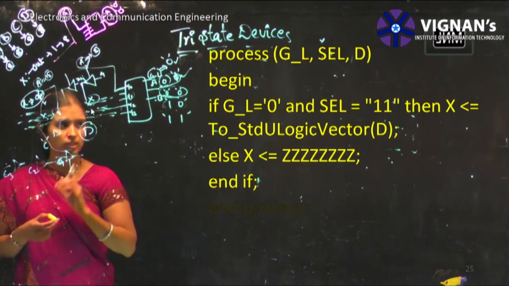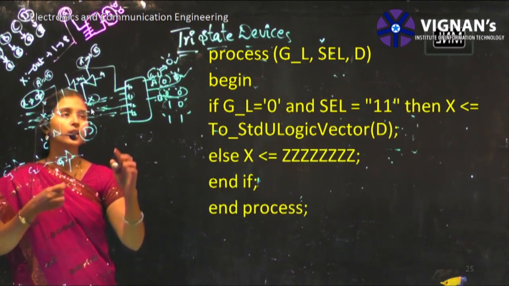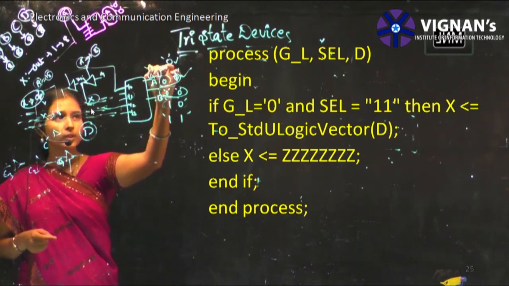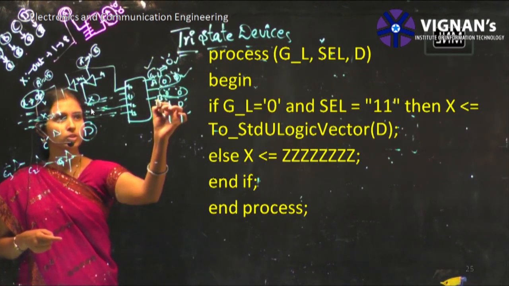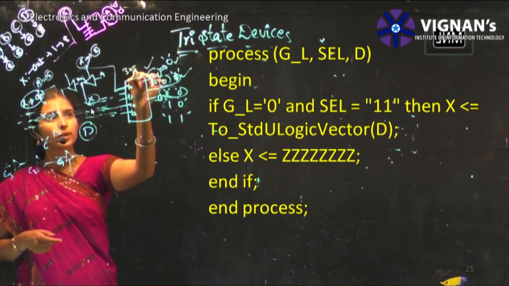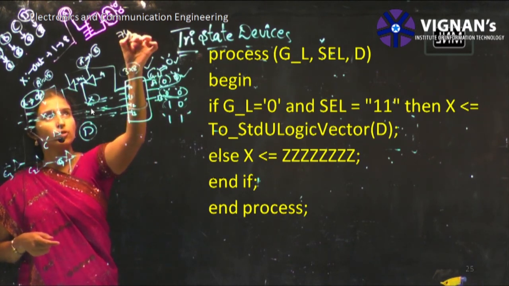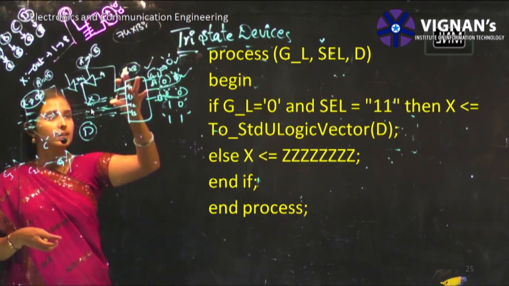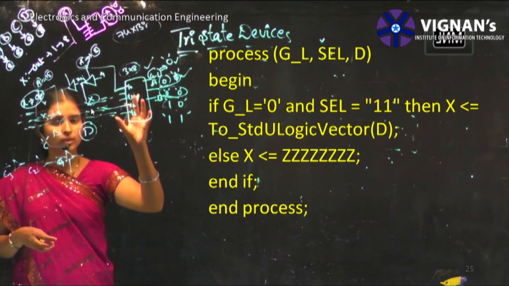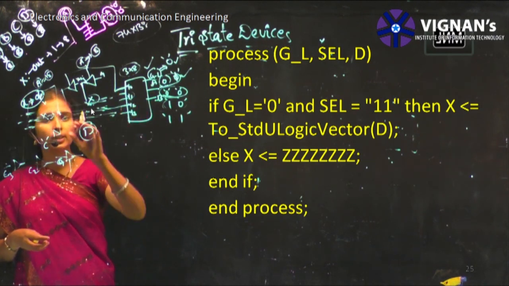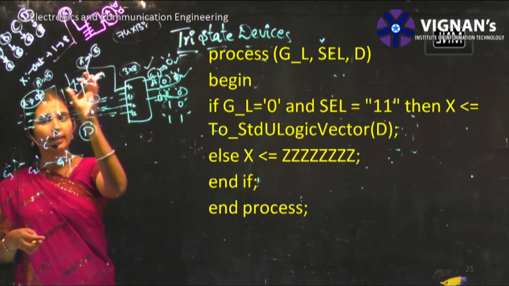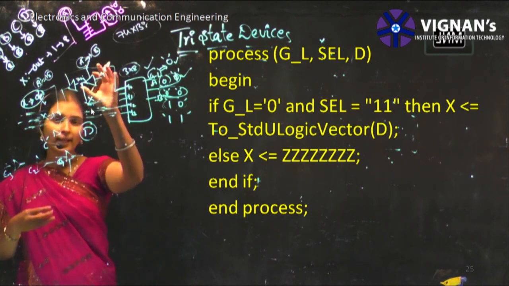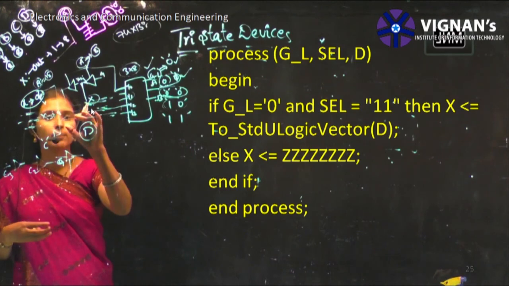Similarly for data bus D also. Here you have to take care of only 2 things: the enable input as well as your selection inputs. You are using a 3 to 8 decoder, that is nothing but the 74-138. This 3 to 8 decoder acts as the enable inputs for data set A, data set B, C and D, and one data set can access this common bus at a time.